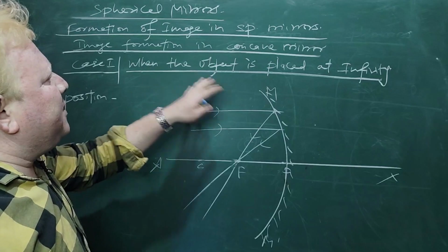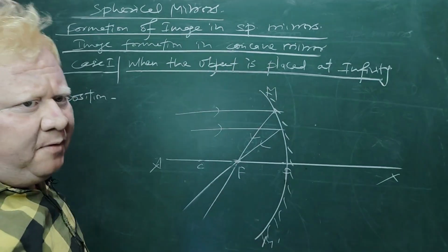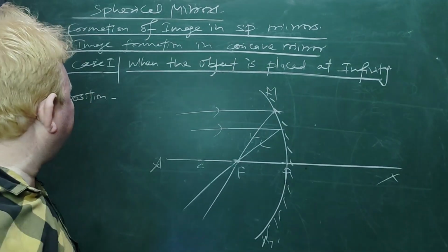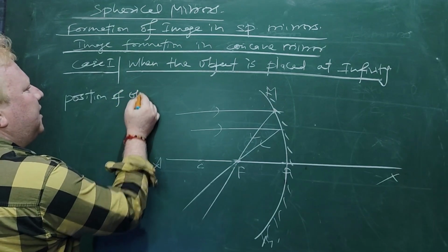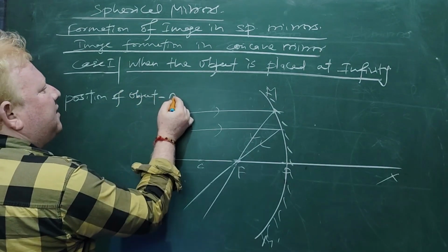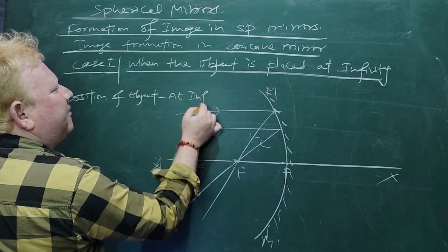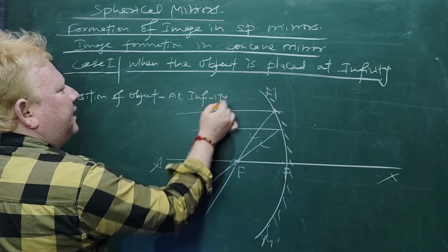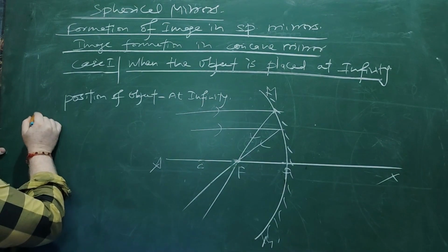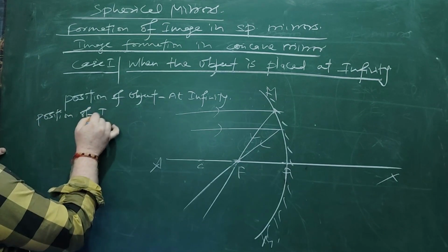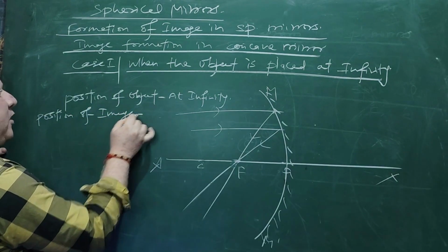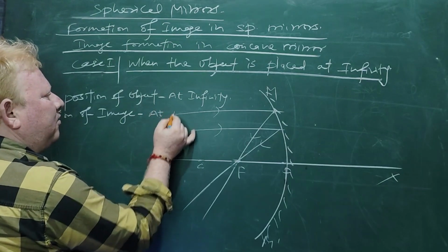what the nature of the image formed is when the object is placed at a different position. Questions like that are asked. So the position of object you will write. What is the position of object? Position of object is at infinity, and what is the position of image? Position of image is at focus,